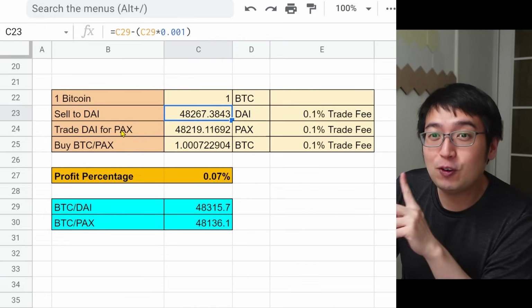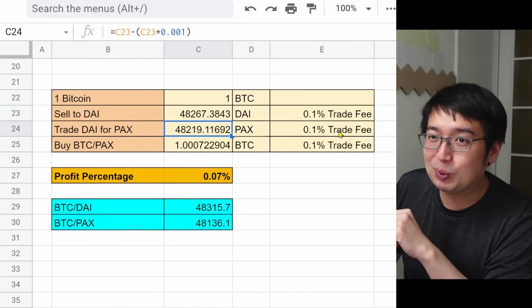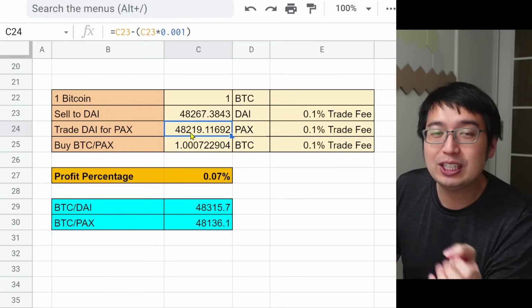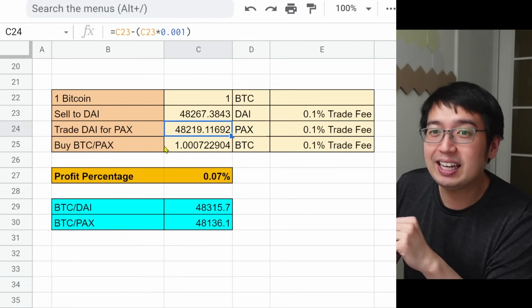Then we're going to trade that for Paxos. That is a one-to-one exchange because these are both stablecoins. But there is another 0.1% fee, so our stablecoins go from 267 to 219. We are incurring that charge, and then we're going to buy Bitcoin with the Paxos we just got,